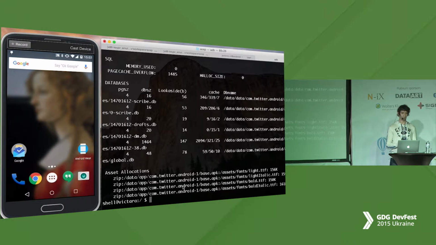And finally, we just looked at this asset allocations list and saw that we make too many allocations of the same font. That helped to resolve the problem. Unfortunately, typeface documentation doesn't state clearly that it has to be a singleton. So let's move on